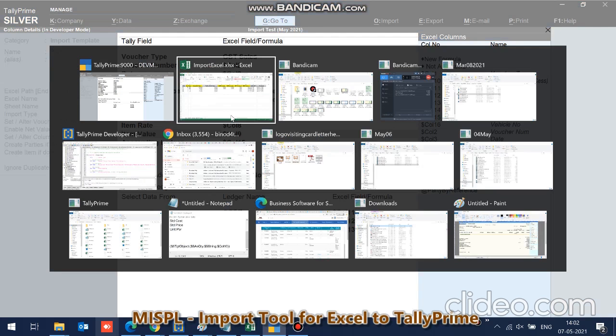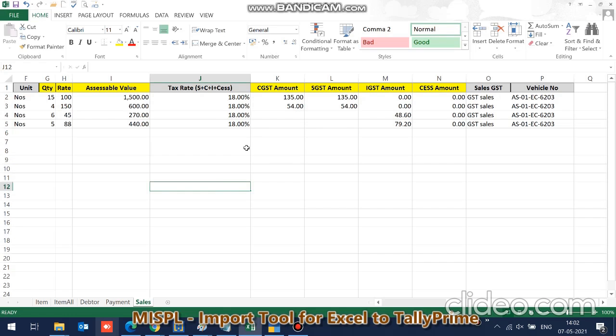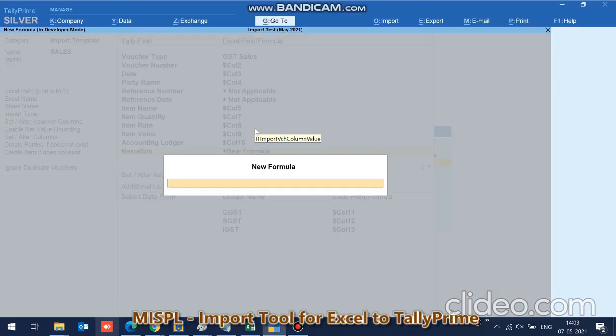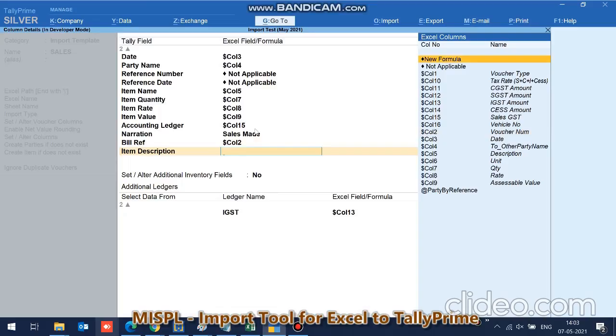Description, the item name is description here, quantity, rate. This is the complete Excel. If you see, it's a complete Excel shown here. Then item value, accounting ledger is already mentioned. Then narration, if any, or I can predefine sales made.